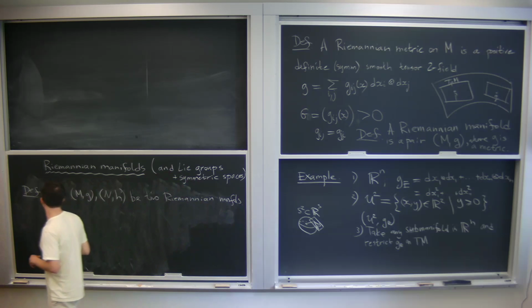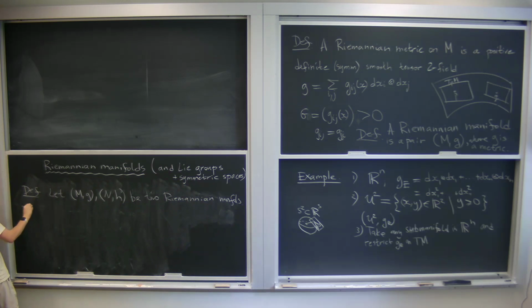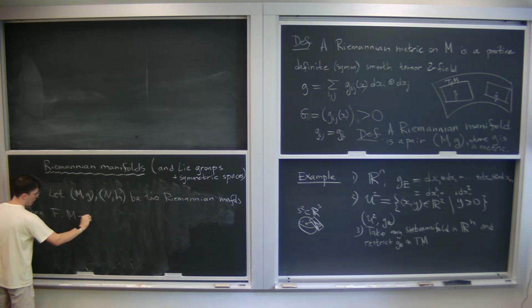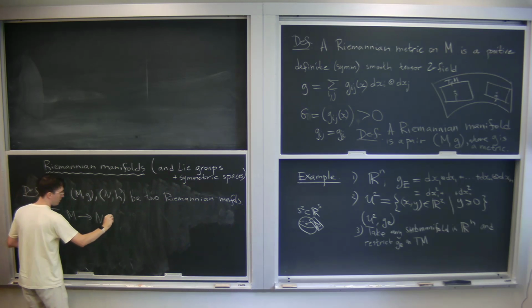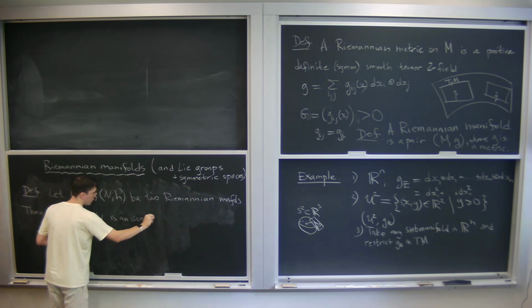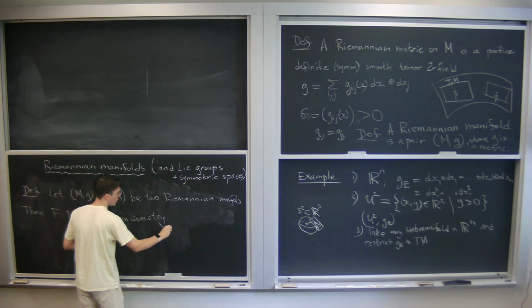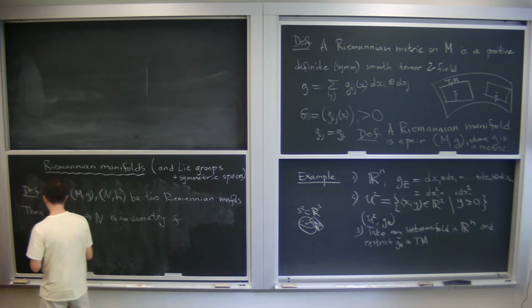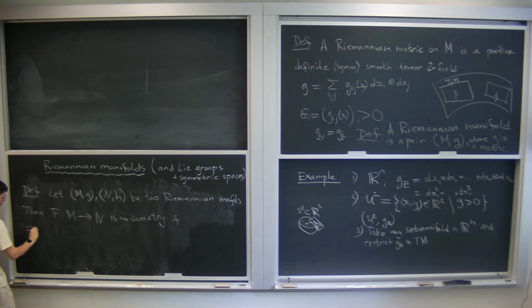Take two Riemannian manifolds, M and N. Then F from M to N is an isometry if F is a diffeomorphism, and